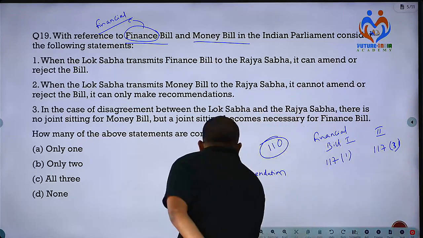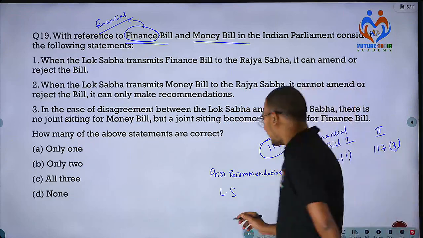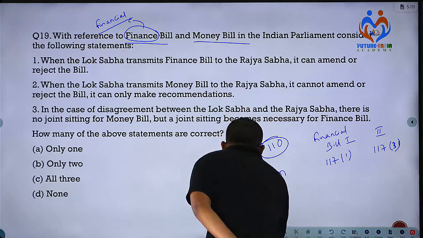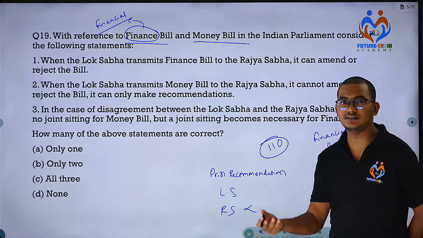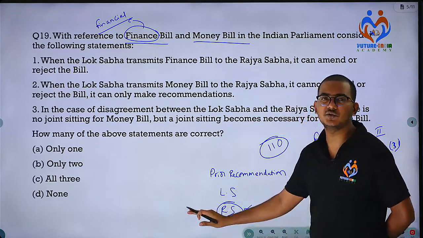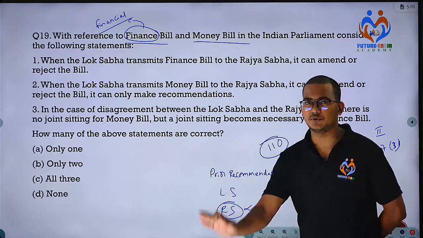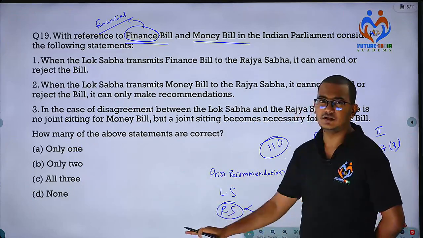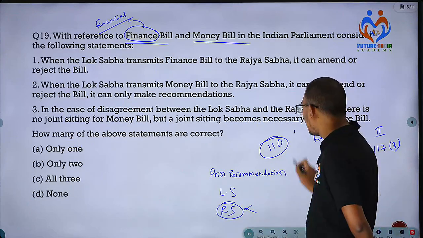Second thing, it can be introduced only in the Lok Sabha. You cannot introduce this in the Rajya Sabha. Rajya Sabha, it cannot vote. I mean, it cannot reject the bill. So Rajya Sabha has limited powers. Maximum it can hold the bill for 14 days. It has to give its approval. It has to pass the bill. If it is not taking any action, maximum it has 14 days. So this is all about Article 110.